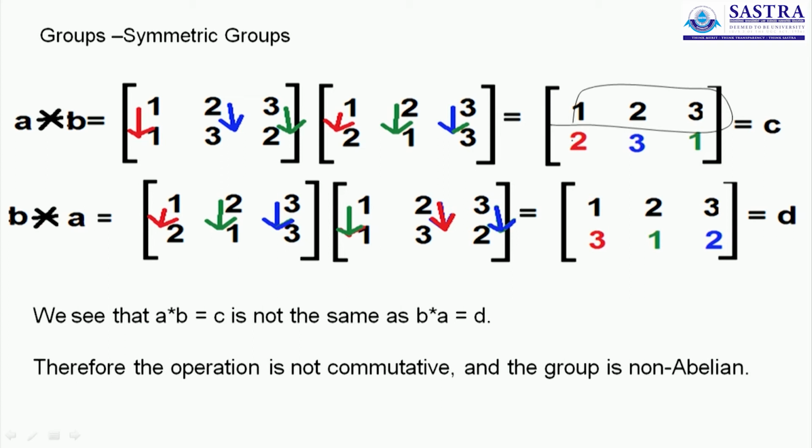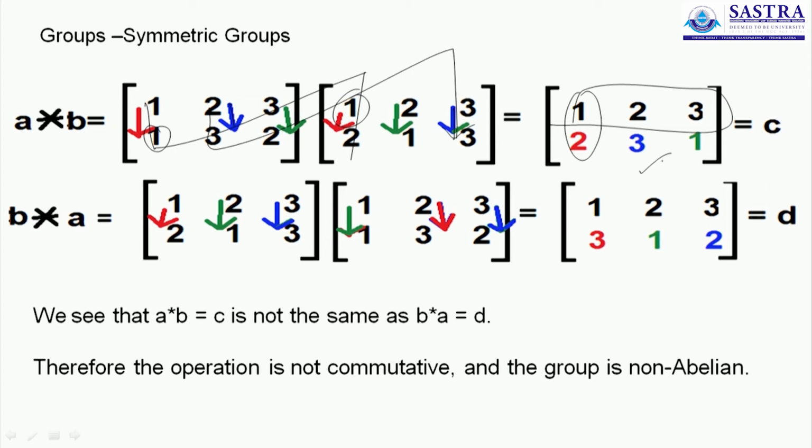You follow the image. It says 1 goes to 1. Now go to the 1 of the second element. There 1 goes to 2. So 1 goes to 1, which goes to 2. Therefore the image of 1 is 2. That's why I highlighted them in 3 different colors. Look at the second element. 2 goes to 3, and 3 also goes to 3. So 2 goes to 3, which goes to 3 again.